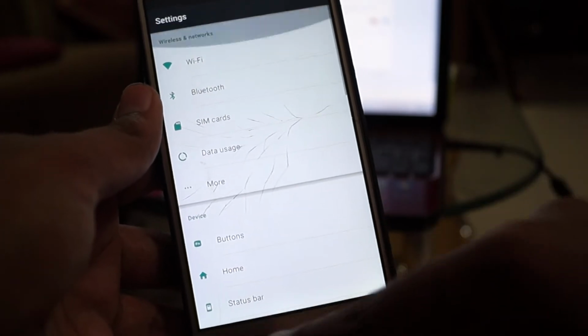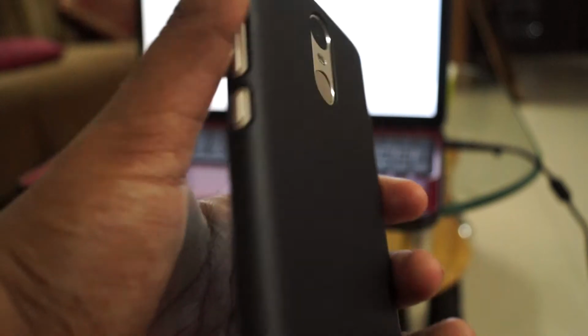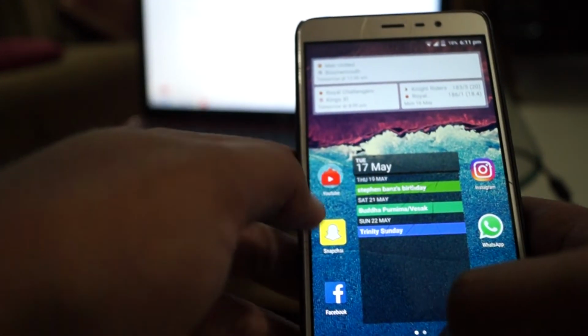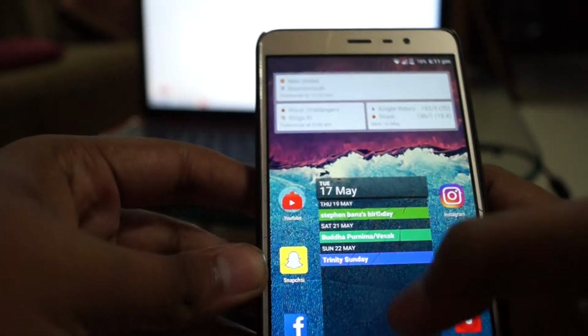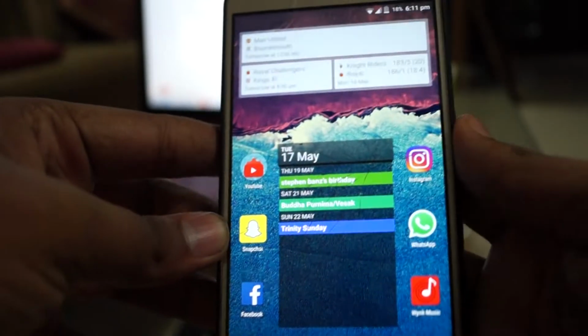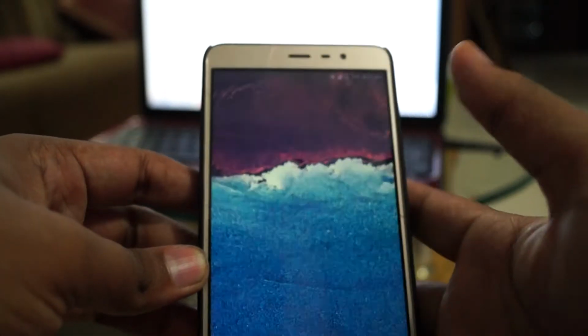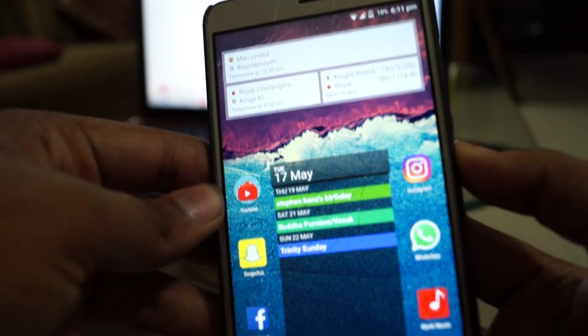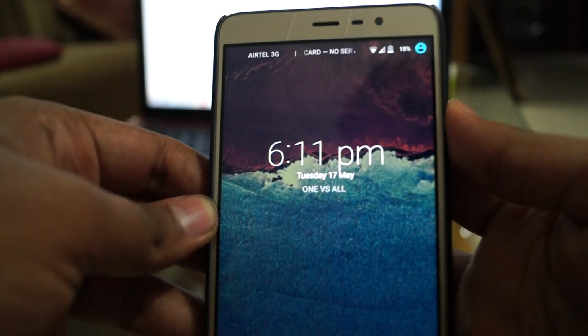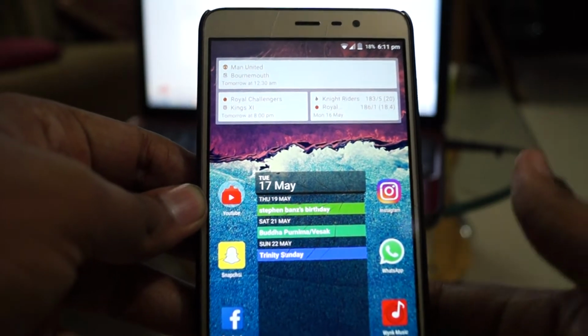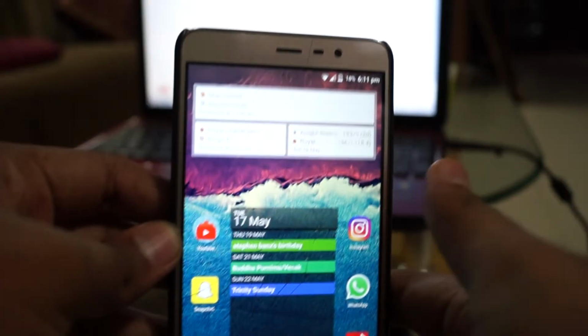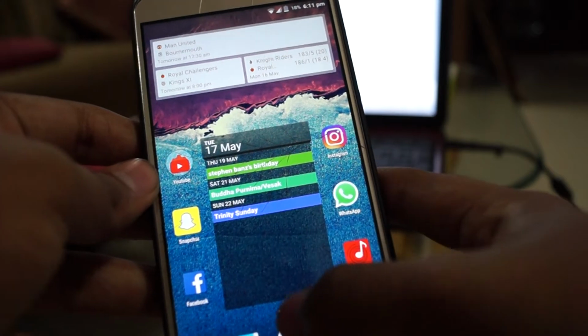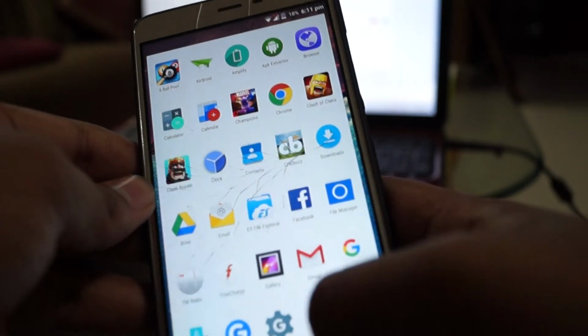As you know, the Xiaomi Redmi Note 3 has a fingerprint scanner at the back, and this ROM supports it. The accuracy is fine, not that bad. It unlocks, but it takes time, not as fast as MIUI. The fingerprint works well, but at some points it doesn't work. If I unlock the phone from here, it takes time and unlocks, but sometimes it takes time and doesn't unlock. That is the issue over here. What else, guys? Yeah, so everything else is fine.